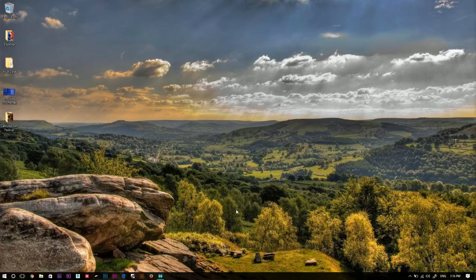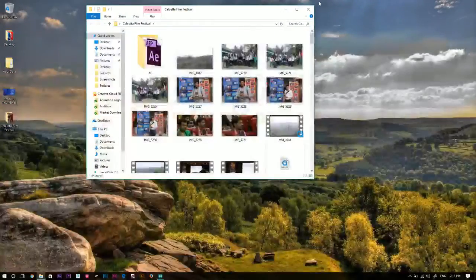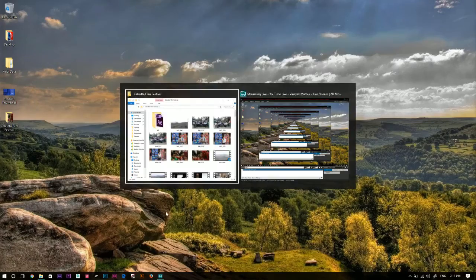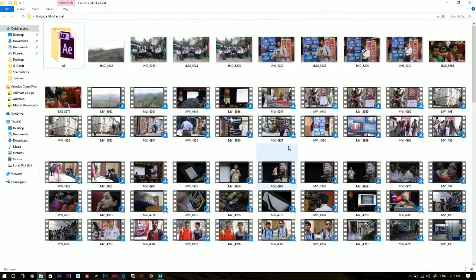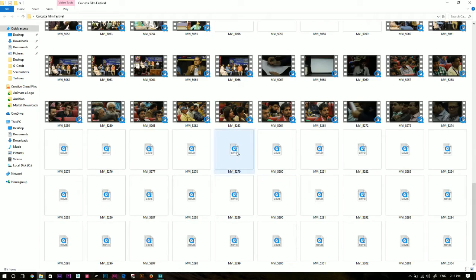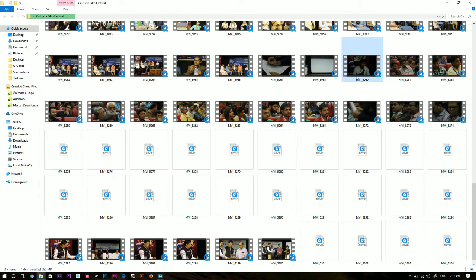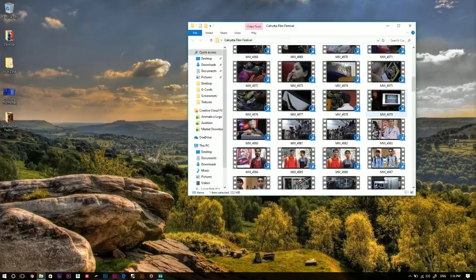Alright, so today I'll be showing you how to do 2D motion tracking in Adobe After Effects, and as a bonus, because the title of this live stream shows 2D motion, I'll also be showing you how to do color correction, or what is called color grading. So I have got a lot of footage with me, out of which I'll choose the worst one and try to do color correction on that, and after that we'll be